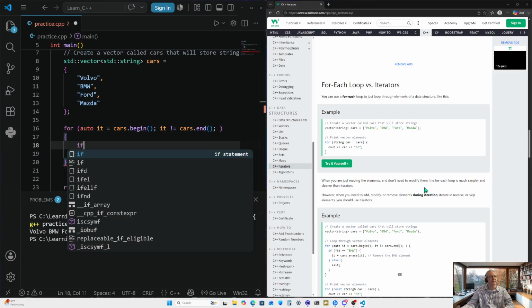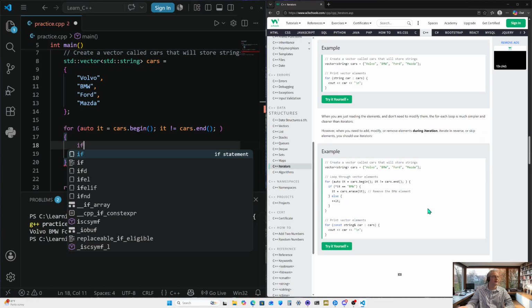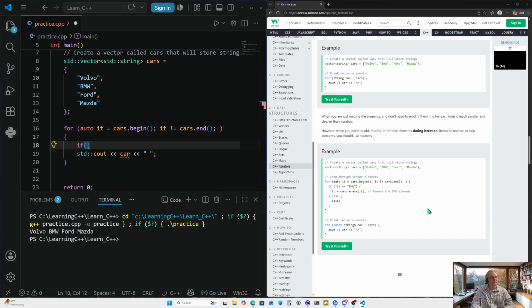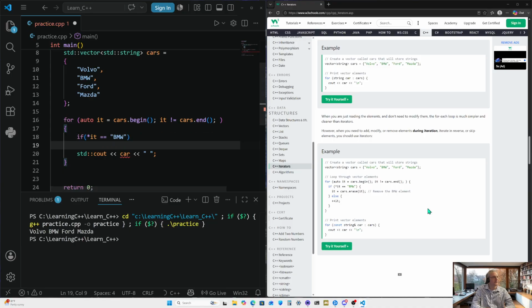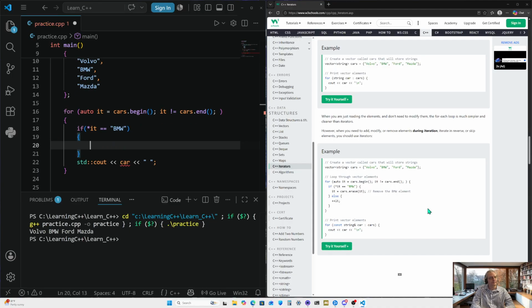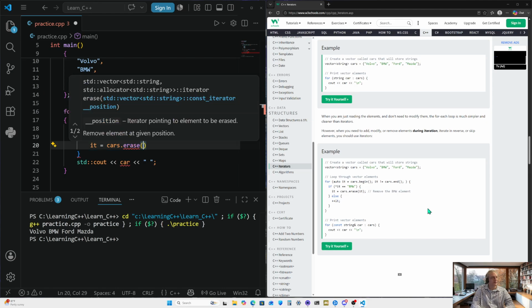This is the for loop, so the if, dereference it, equals BMW, which is the second car on the list, and enter. It is cars.erase, so we're erasing BMW out of there, looks like, parentheses it,